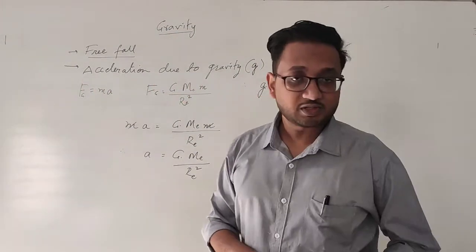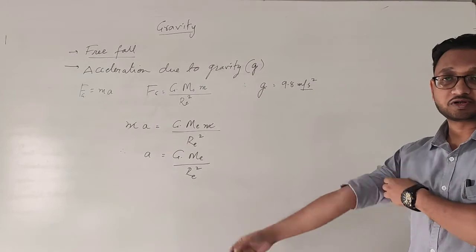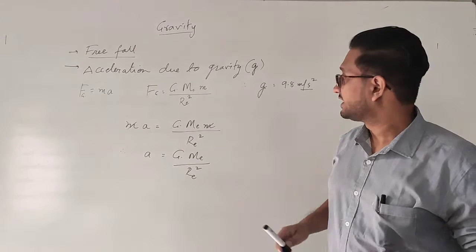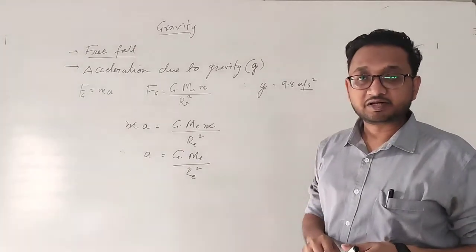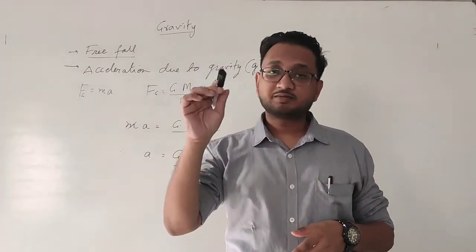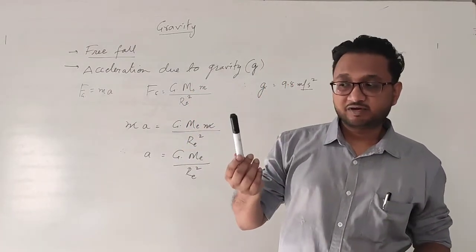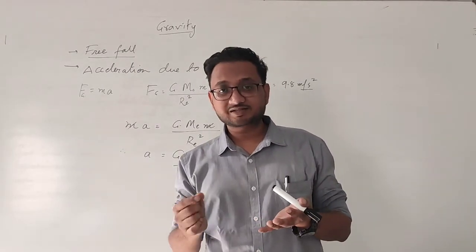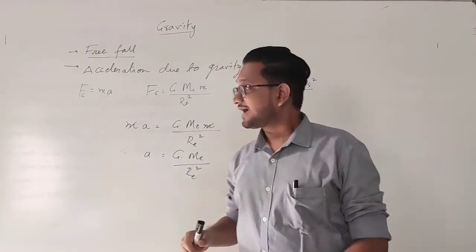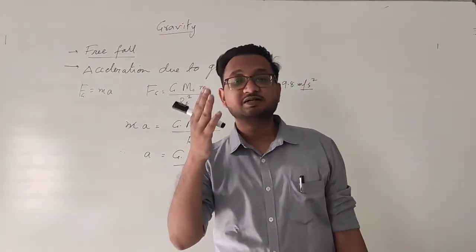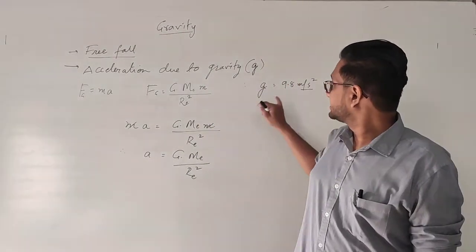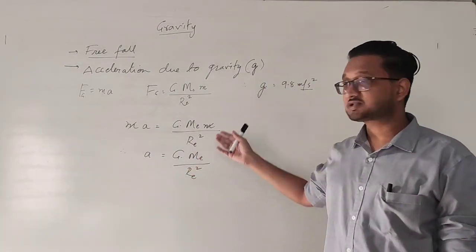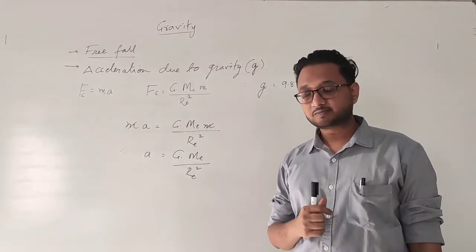I hope it is clear to you, student. Quite simple actually. Acceleration due to gravity. Now you can see over here no mass of the other object is involved, and therefore this acceleration does not depend on the mass of the object involved. So if you are throwing a small marker like this, or a small pencil like this, or a rubber like this, it doesn't matter. The acceleration for all the objects is same. I repeat once again. Acceleration for all the objects is same. It does not depend on the mass of the object. Understood? Very simple.